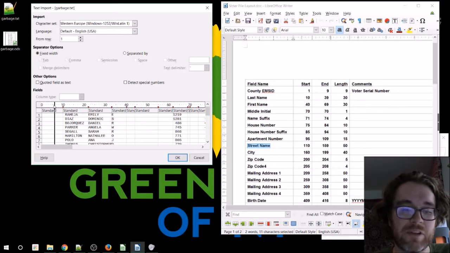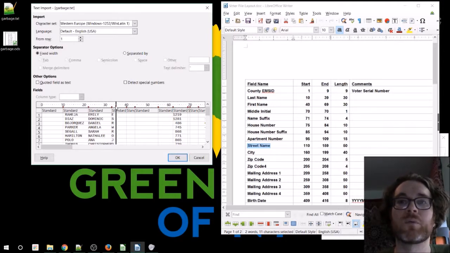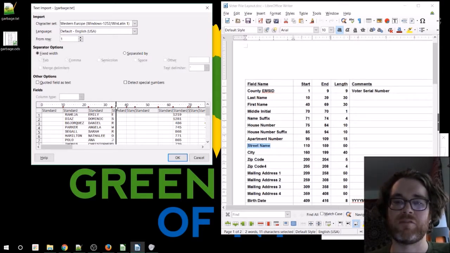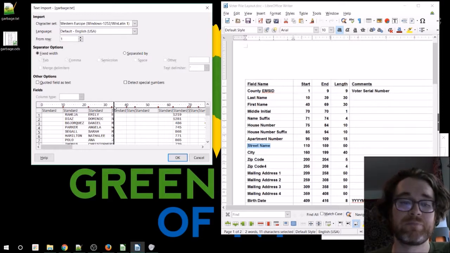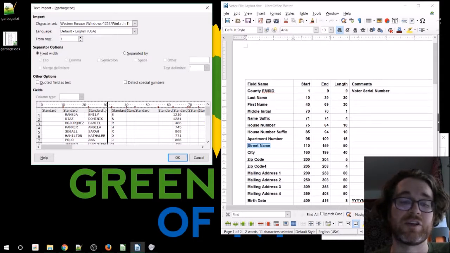And by the notches, I'm talking about these little hash marks that run along the top of this little opening window dialog. Now, the values that you see here on this screen are not correct because I've already worked with this data, and I'm not really able to replicate how it's broken up from a fresh Board of Elections fixed width file. So you have to use your imagination a little bit. But if you get a file, especially if it ends in .txt, sometimes even .csv, you might have to put in these notches,